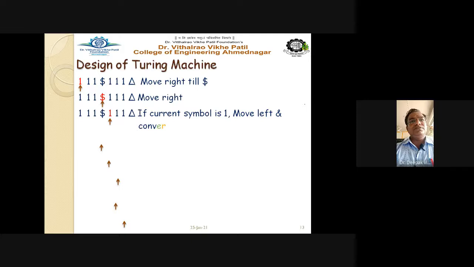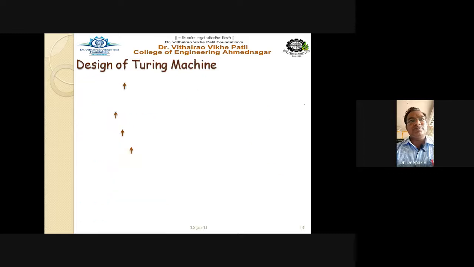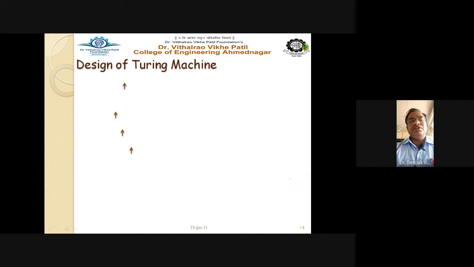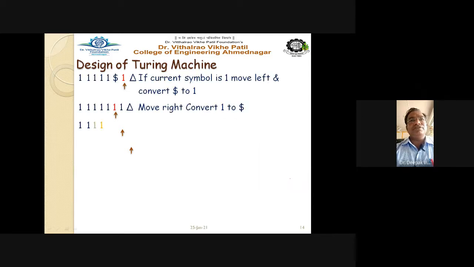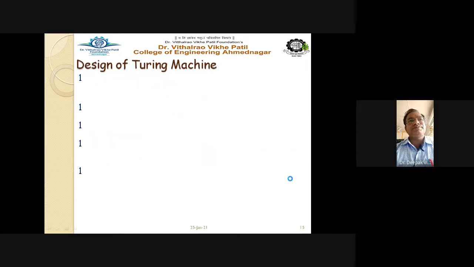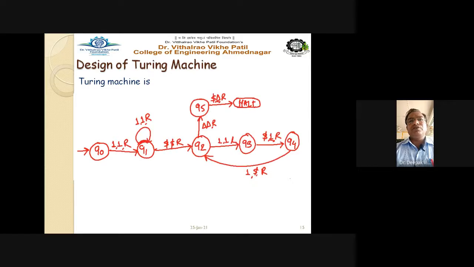See here, on your screen, how the execution takes place, how the Turing machine executes the string or how it reads the string. So as per our logic, we have designed the logic for this. And at the end we get the correct output, that is the halt state, and the Turing machine enters into the halt state. And for the final Turing machine we have drawn the states and their respective transitions.